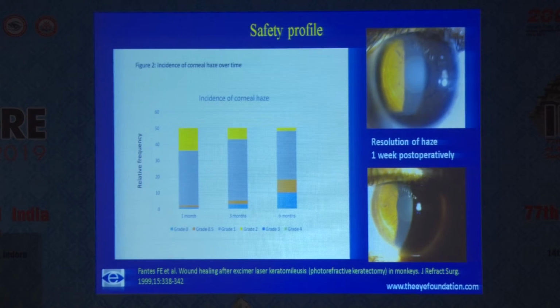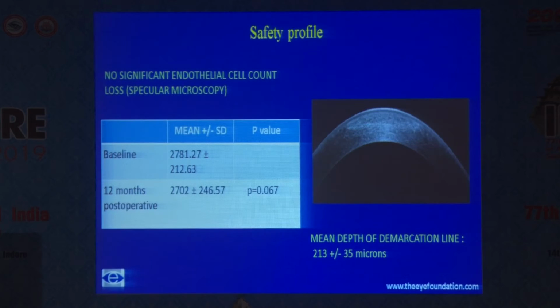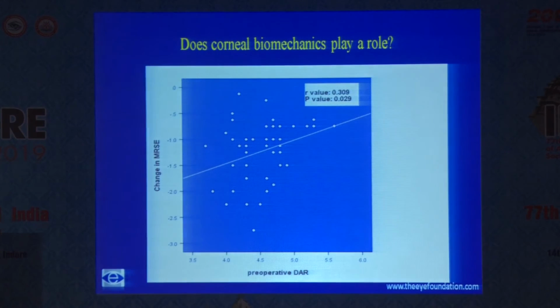Safety profile, the incidence of haze and its subsequent resolution was similar to cross-linking. None of the eyes lost any lines because of haze. Again, there was no significant endothelial cell loss, and you can see a well-demarcated demarcation line only in the central 4 mm zone. One important question that we had was, does corneal biomechanics play a role? As in, do corneas which are weaker earlier cross-link to a greater extent and have a greater change in the MRSE? We found a correlation between the preoperative biomechanics and the change in MRSE, proving that weaker corneas had a